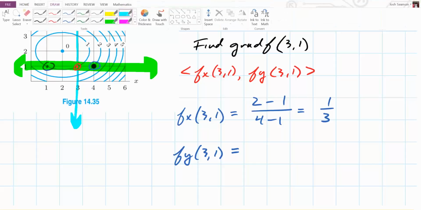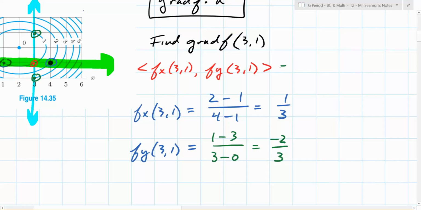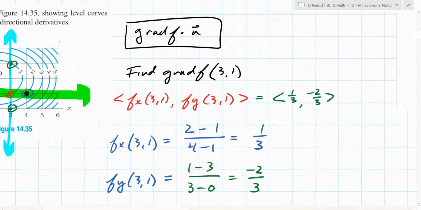And what do we have for known points here? How about we go to there, and we go to there, right? So if y is increasing, so that's going to be 1 minus what? 3? 3. Over 3 minus 0. Good job. So negative 2 over 3. So this is going to be equal to 1/3, comma, negative 2/3. So our grad f is going to be equal to